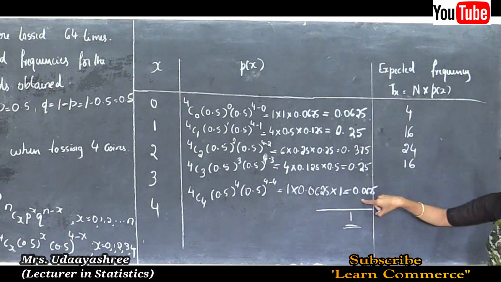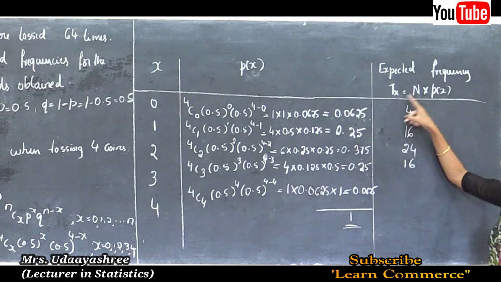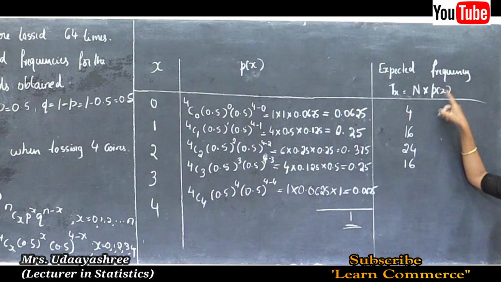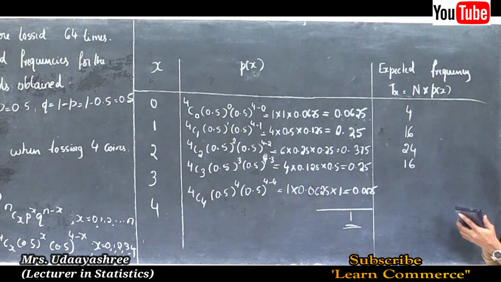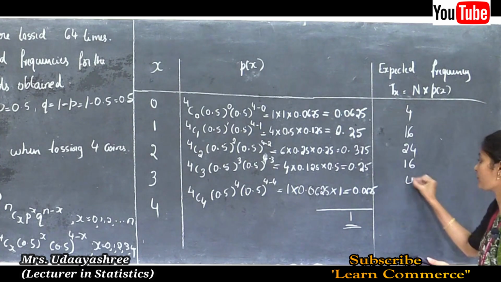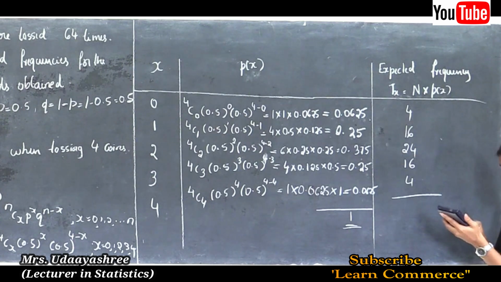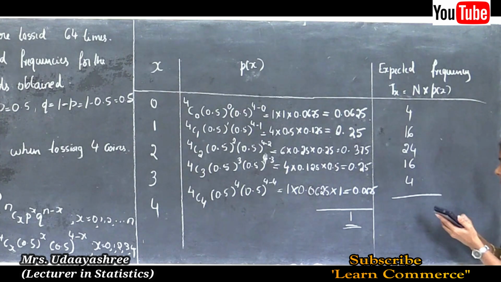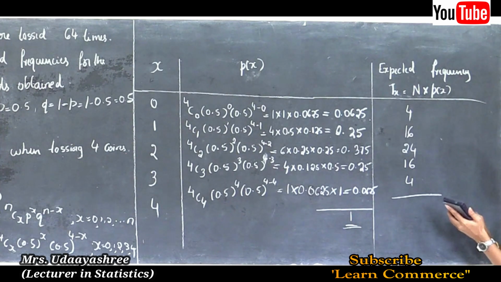Next, we need to calculate the last one, that is T of 4 is equal to n into P of 4. So P of 4 is 0.0625, n is 64. So 64 into 0.0625 is 4. Then the sum of these answers is 4 plus 16 plus 24 plus 16 plus 4. The answer is